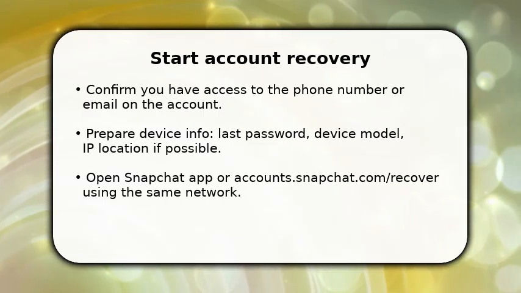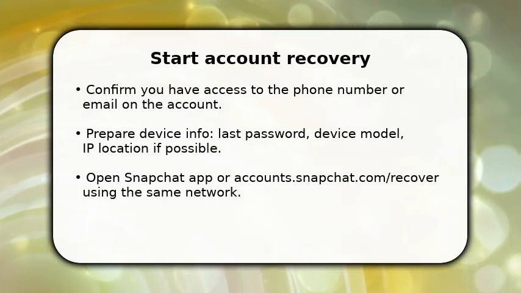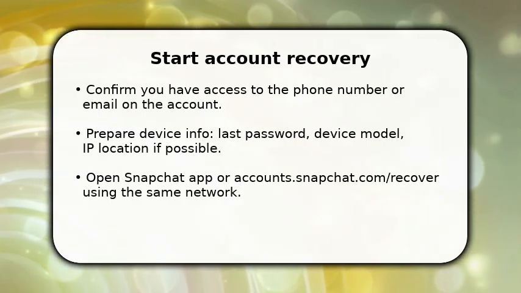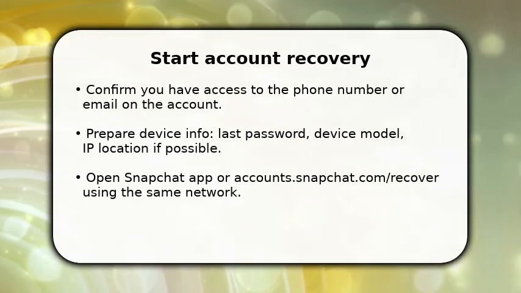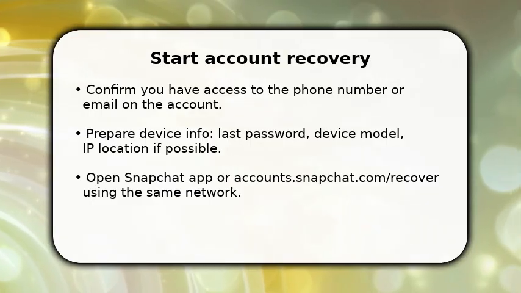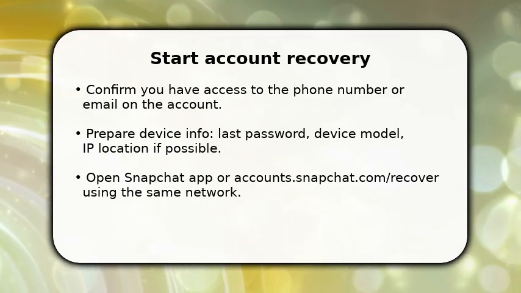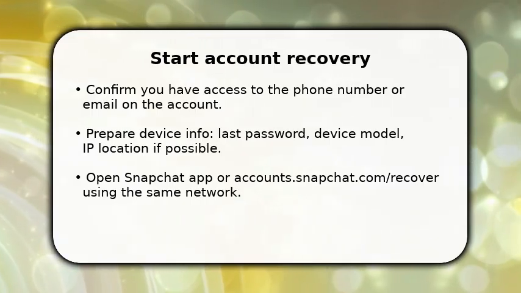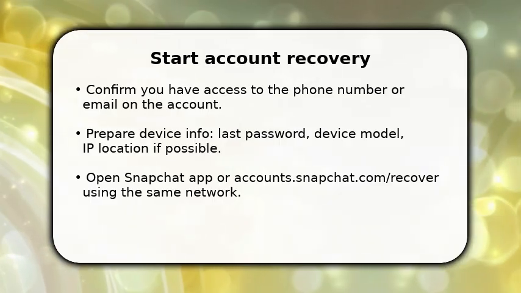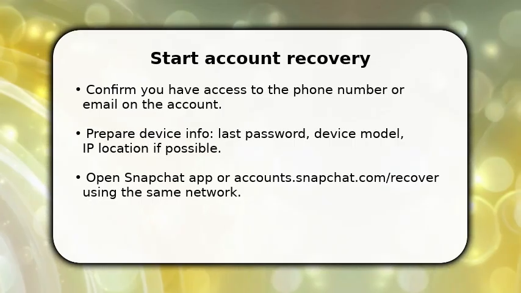You begin by verifying essentials. Make sure you can receive codes at the registered phone or email, and note the last password you remember. Once done, open the Snapchat app or the recovery page on the same Wi-Fi you usually use to avoid suspicious activity blocks. You should also check device details, model and approximate location, because Snapchat may ask for this to confirm